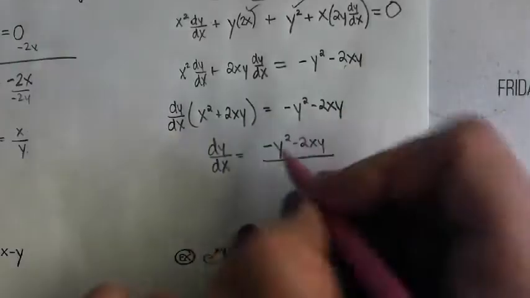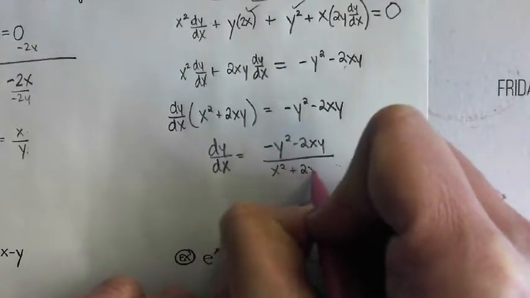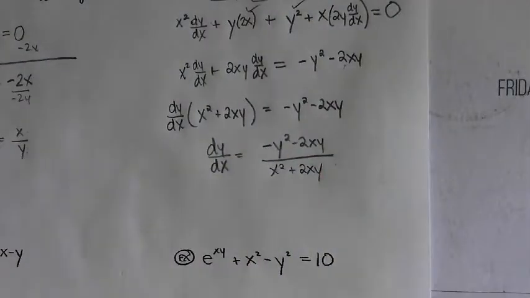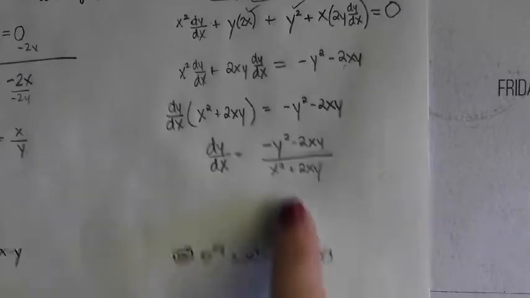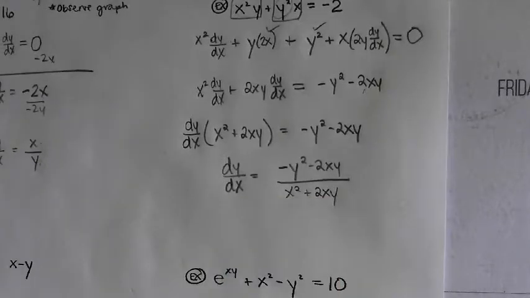So we're just dividing this binomial over. And there's our more complicated derivative that would help us find the slope on this curve at any xy point. So whatever point you want it at, you would just plug in that point and get your slope at that point. Jalen, could you factor out the